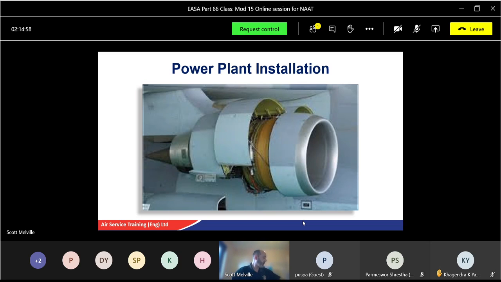Not too bad. In fact, let's go for another quick break, 20 minutes, and that's a good point to start. We'll come back. We'll do a bit of recap on APUs before we start on the power plant installation, basically engine installation. So let's go for another switch. Energizes, allows operation of the